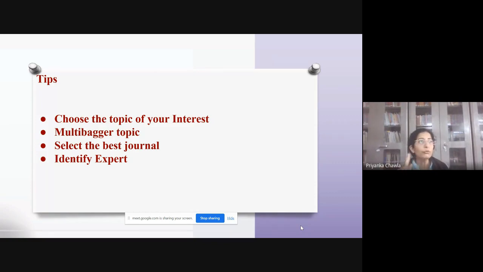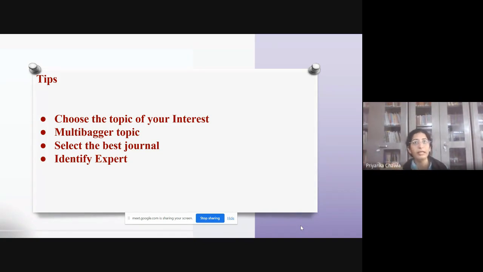So what you have to do, you should attend the workshops or FDPs of those experts who have this knowledge and are spreading it with the help of seminars or workshops. You should have the skill of selecting the best journal. How do you select the best journal? With the help of